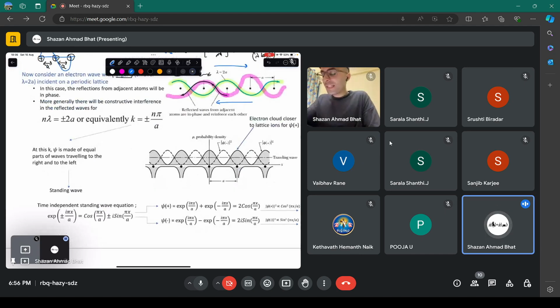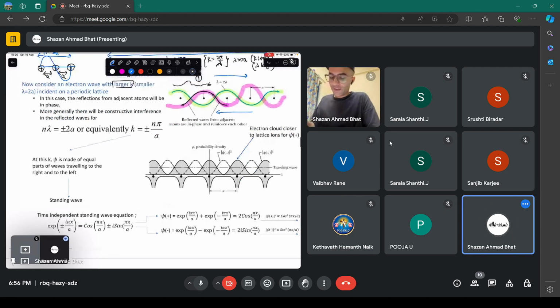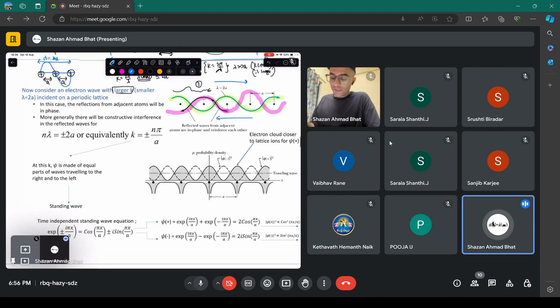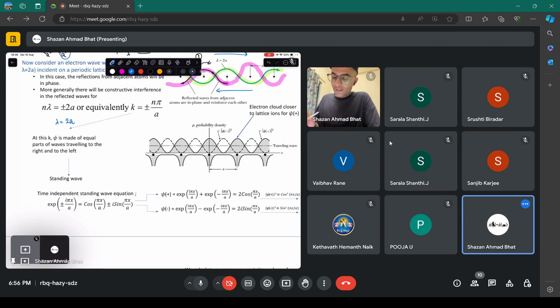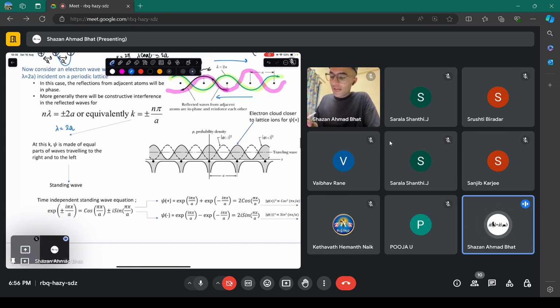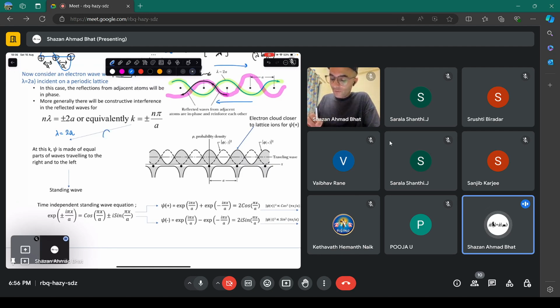Now, it's a very simple picture, but it gives a very satisfying explanation of why the electronic bands arise. Now you know that your wavelength was equivalent to 2 times the lattice constant. That means if you have a wave going in this direction and a wave going in this direction like this,